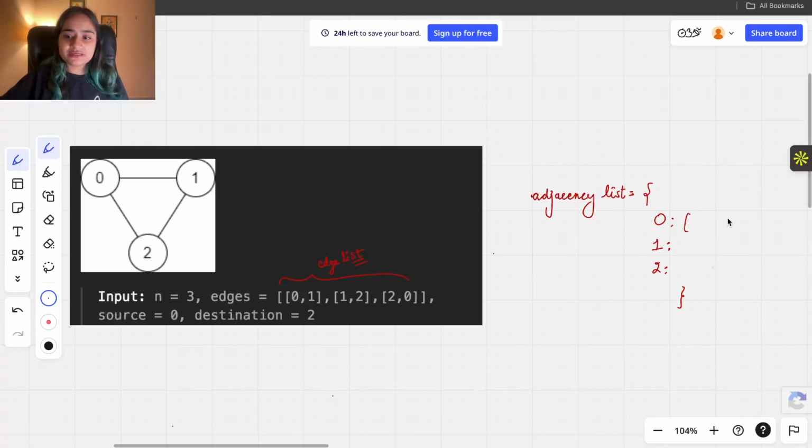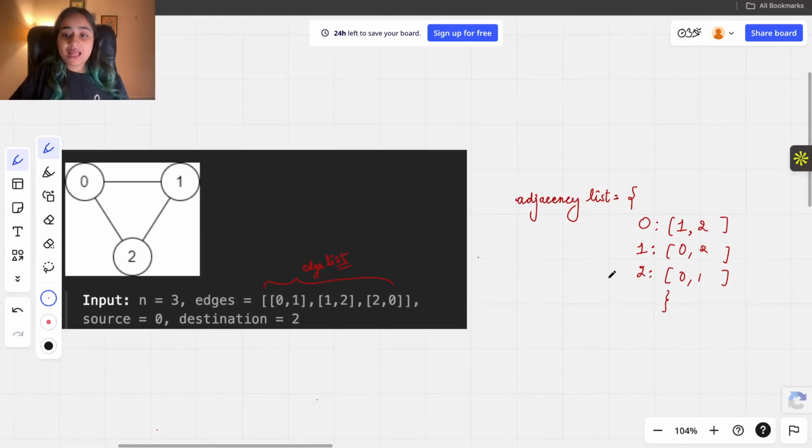Now there will be a list in front of every single vertex which will contain the vertices it is connected to. So 0 is connected to 1, so we'll put 1. 0 is connected to 2 also, so we'll put 2. And 1 is connected to 2 and 0 both, so we'll put both. 2 is connected to 0 and 1 both, so we'll put both. So this is how an adjacency list looks.